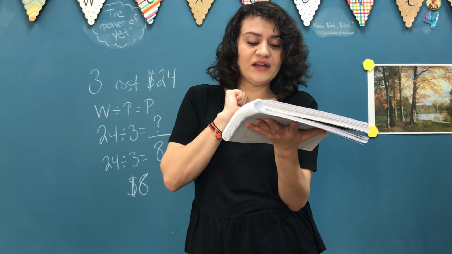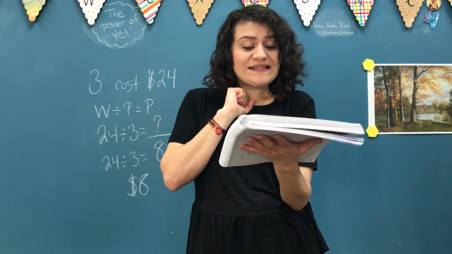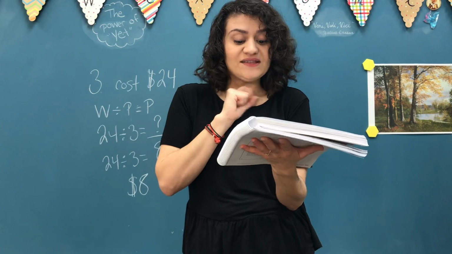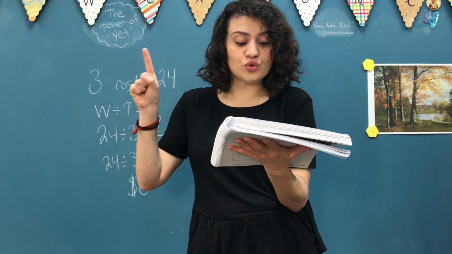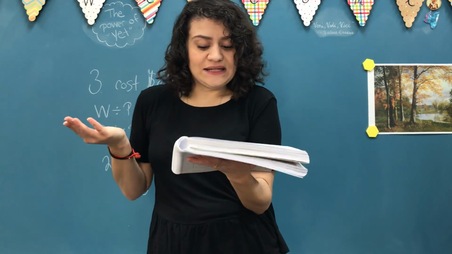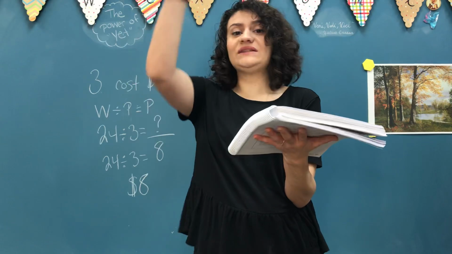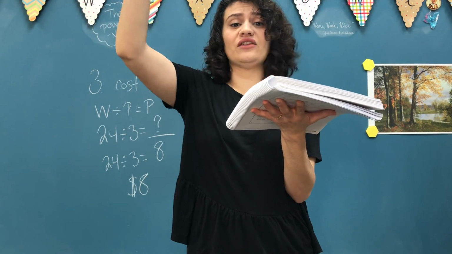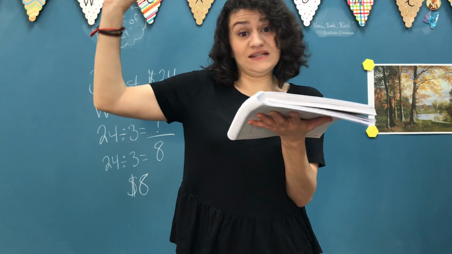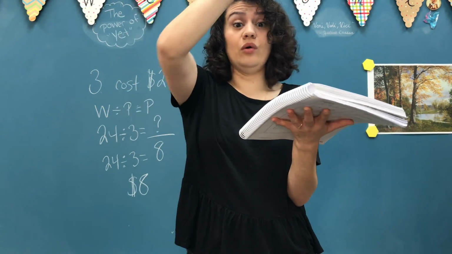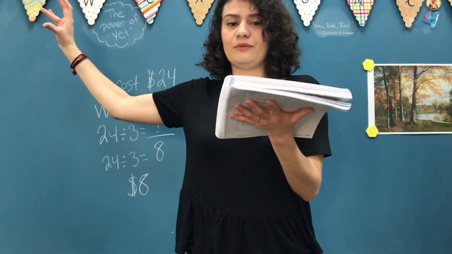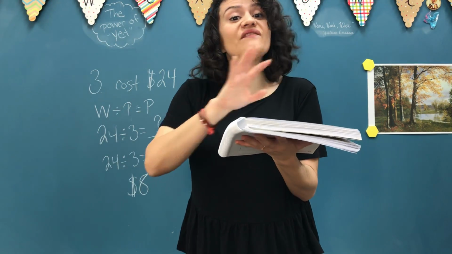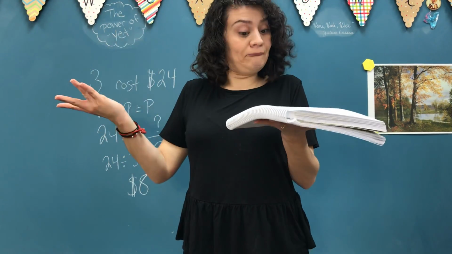Number 5. David spent $27 in 3 weeks. He spent the same amount of money each week. How much money did he spend each week? So if 27's my whole, after the 3 weeks, he spent that much all together. And it's saying that he spent that in 3 weeks. So whole and then a part. What's my other part? How much did he spend each week? So it will be 27 divided by 3 equals